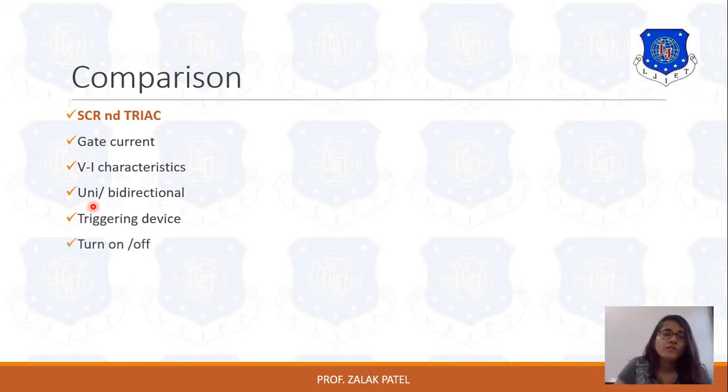About the turn on and turn off process: SCR and TRIAC both have very less turn on and turn off time, about the microsecond range, and because of this they face the problem of dV by dt and di by dt, so we have to use a snubber circuit for protection in both the SCR as well as the TRIAC. For symbol and diagram purposes, you can differentiate them: SCR is like a diode with the gate terminal, and TRIAC has the two terminals MT2 and MT1. You can also draw the circuit symbol and diagram as a difference between SCR and TRIAC.